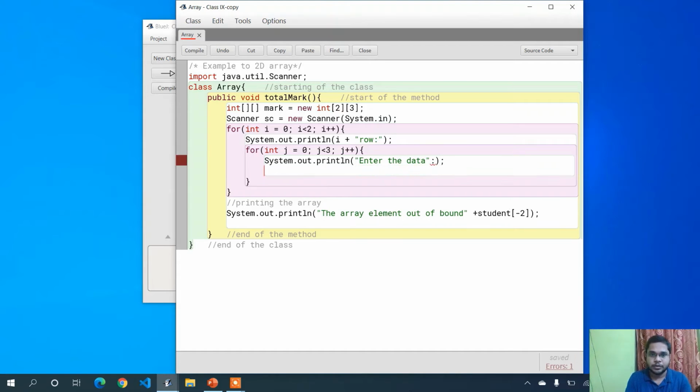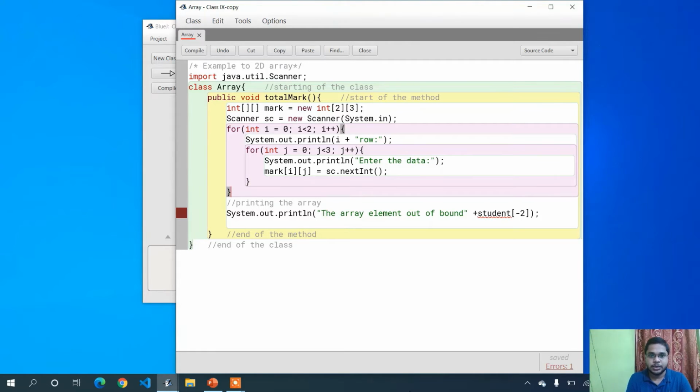Now to store the data we use mark of first row and second column, that is mark of i j, equals to the scanner object with the nextInt method to get input from the user. So this is it.